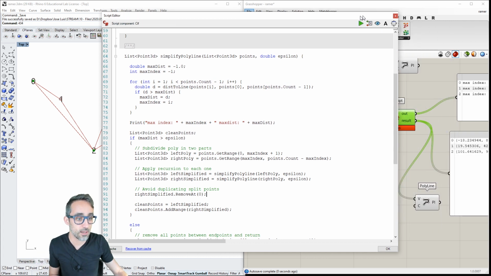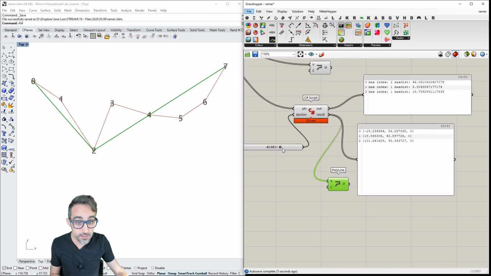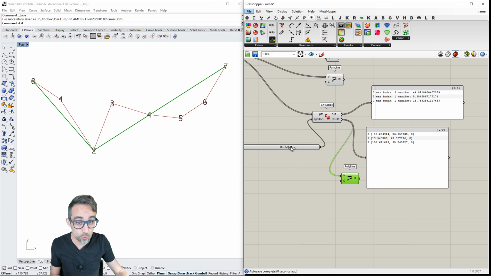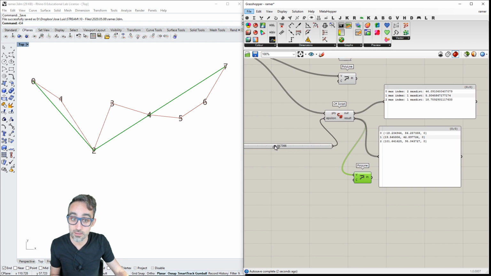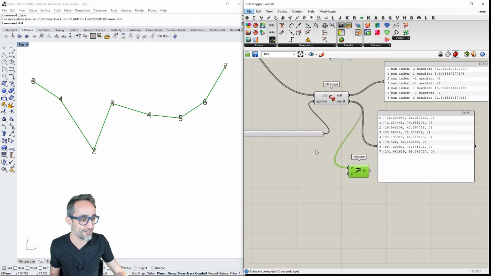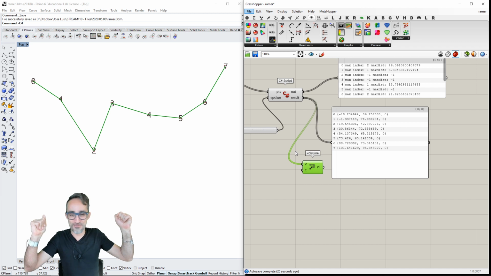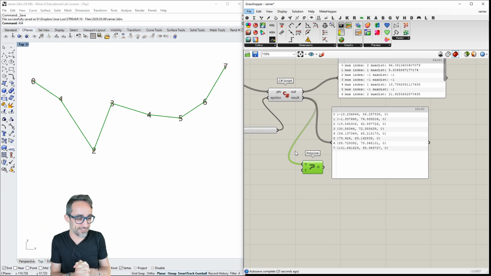And as I do that, I can hit here, okay, and then you guys can see that now I am still getting the same result, but I am not getting duplicates. Is that correct? I'm not getting any duplicate, I cannot see any duplicates here, and then as I go, pop, pop, pop, pop, simplification, yay! Woohoo! All right, this worked. I can't believe this worked. And it only took us an hour and 15 minutes. That's not terrible.